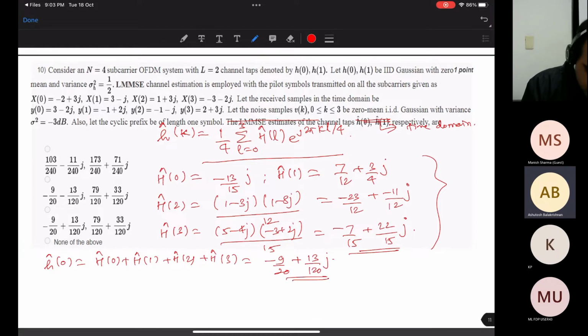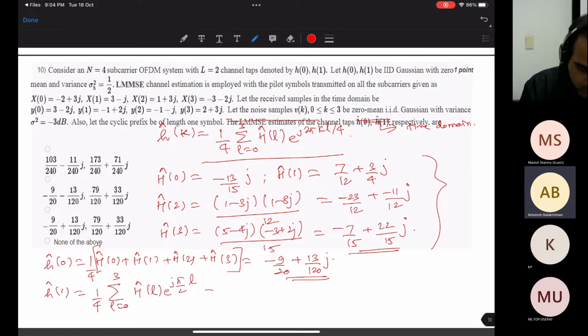Okay. Sorry, this is 1 by 4 times this. Yeah. And h hat 1 is 1 by 4 times the summation L is 0 to 3 h hat L e to the power j pi by 2 L. So this is for case 1. Okay, this is for this case, and this is 1 by 4